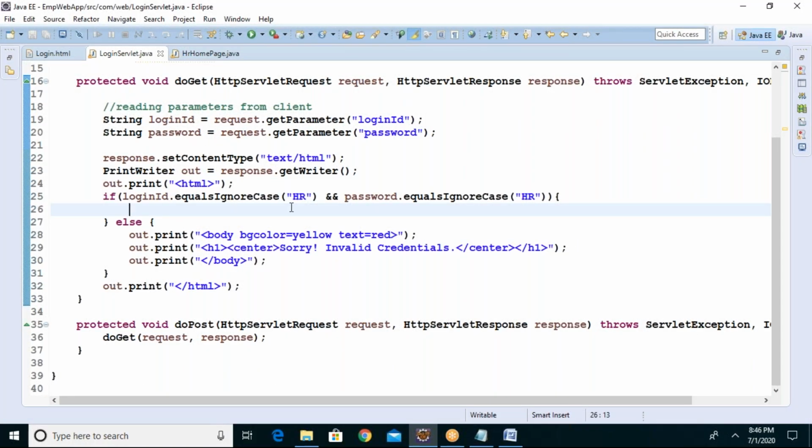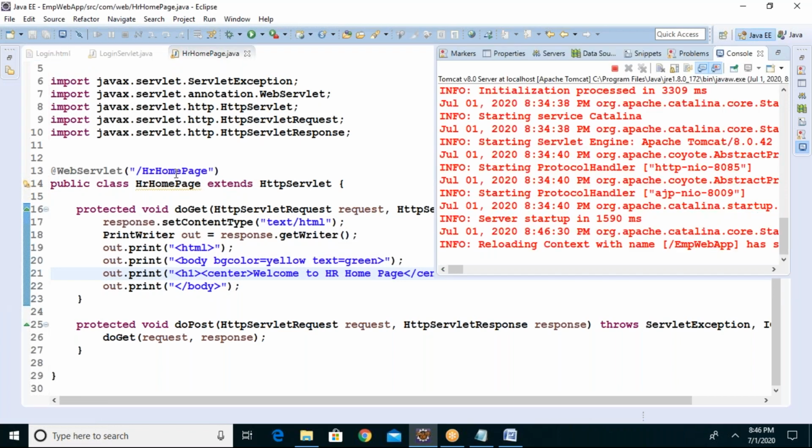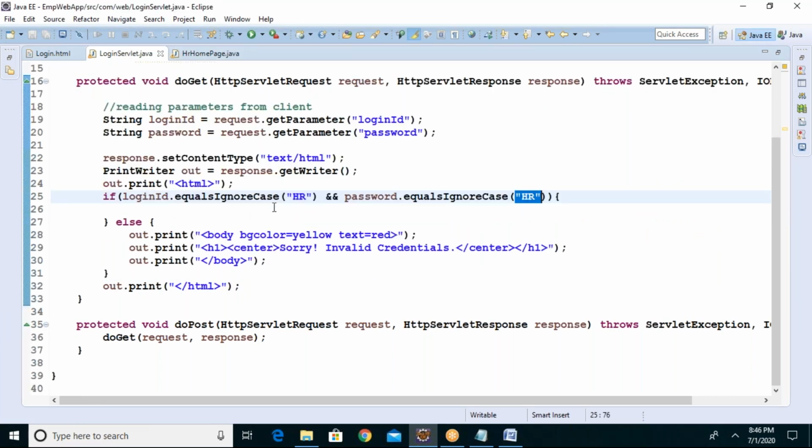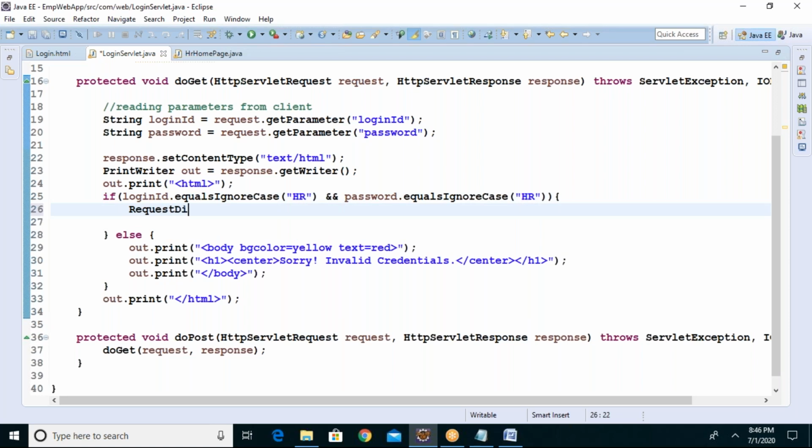Okay, guys. Now, if HR and HR are matching, I need to call this URL pattern. Yes or no? This URL pattern I should call. So inside the if condition, I will create the request dispatcher object.